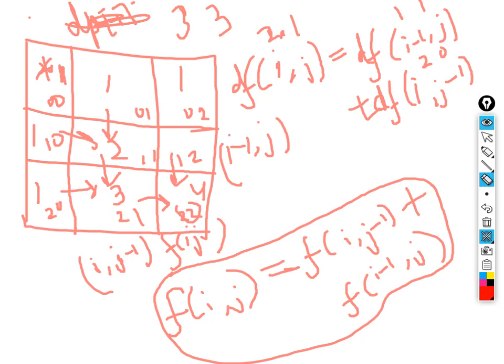This is a very easy question to solve, and a good variation of this would be if you are allowed another move, that is diagonal. If a diagonal move is allowed, then we need not do anything special, we can simply do dp of i minus 1 and j minus 1. This is specifically for when diagonal moves are allowed.